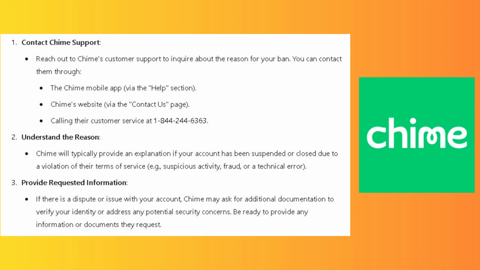Follow these simple steps. First, reach out to Chime's customer support and inquire about the reason for your ban. Contact them through the Chime mobile app via the help section. You can do this via the Chime website via the contact us page or calling their customer support at this